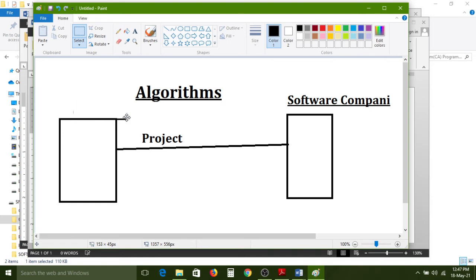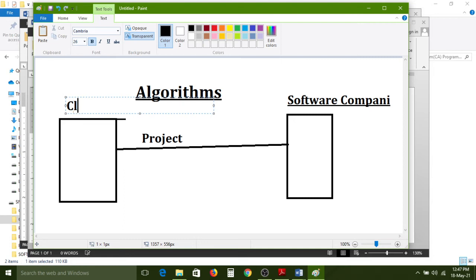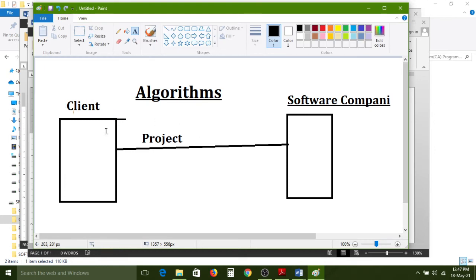For his business purpose, he needs some software to calculate sales and projects systematically and automatically. It will calculate by itself. So it will take some time.